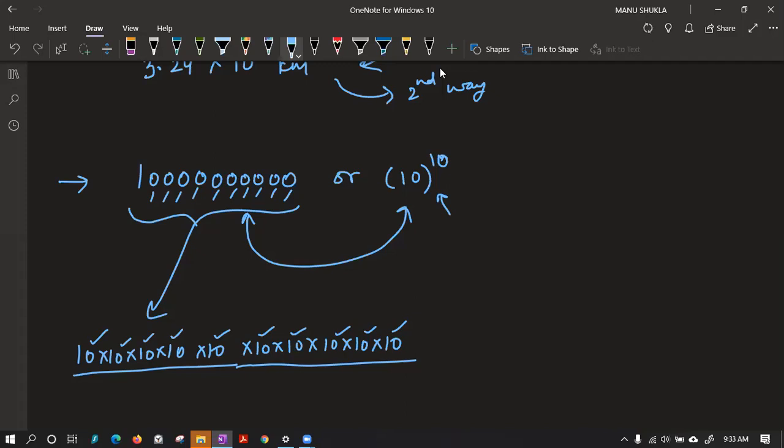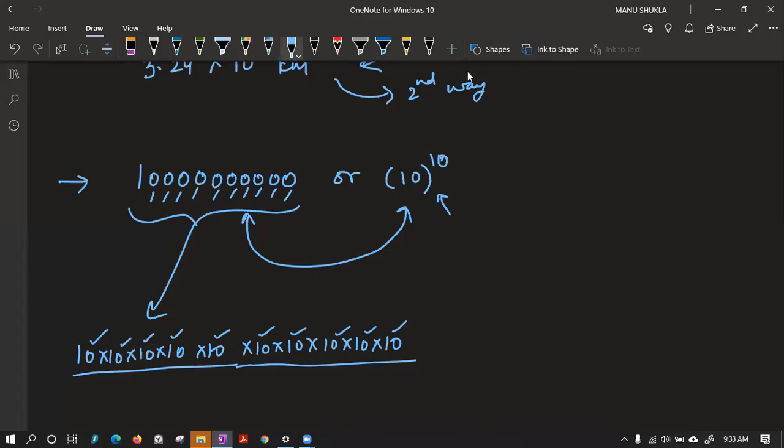Sir, but is there a formula, and if it is so, then can you please explain it? Don't worry, beta. Every formula will come in the way. We will discuss. First, you tell me, are you able to understand why we are studying this chapter? Sir, it is confusing. No, it is not confusing. Don't worry. The number 10 was repeating 10 times, so it became its power. Yes, beta.